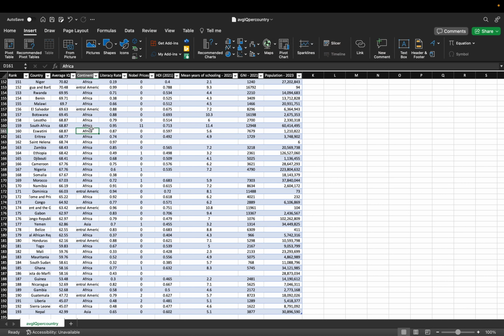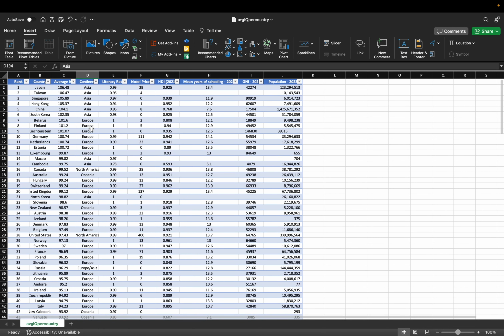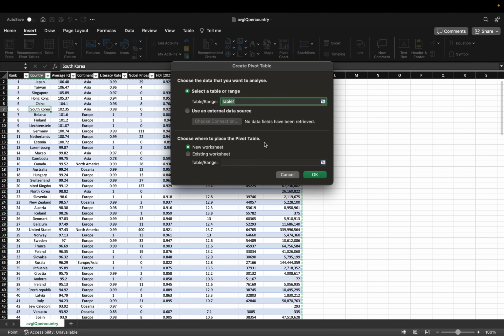The reason you have to insert a table first is because Excel doesn't really know where your data set starts and where it ends. So by structuring it as a table, you give Excel, and yourself, better control over your data. So again, we select anywhere in the table, which is Table1, click pivot table,